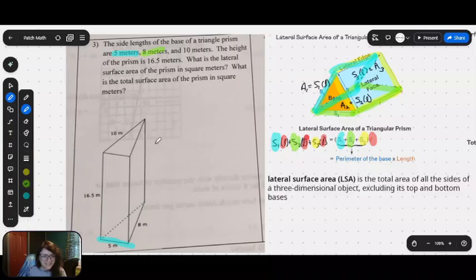And our side length 2. And our side length 3. We've got our lateral edge of 16.5 meters. And so now we know we can take that lateral edge. Notice it's the same. I like the way they drew this one. It's the same height for all 3 of those rectangles. All right. And then we take that height times each of those